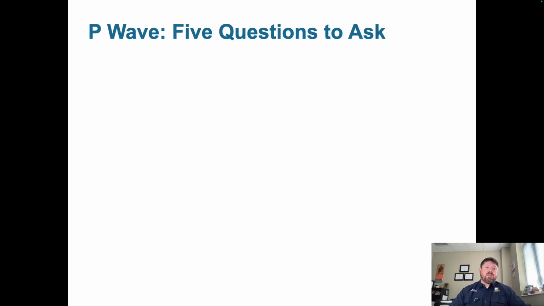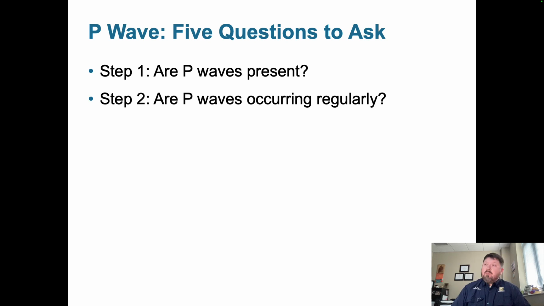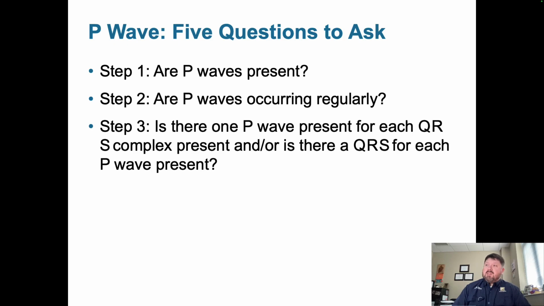Now, here's a couple of questions that you're going to ask. You're not going to actually fill this out when you're taking a quiz or something, but this is something that you need to ask yourself when you're identifying the P wave. Number 1, are there P waves? Number 2, are they regular? Number 3, is there one P wave present for each QRS complex, and/or is there a QRS for each